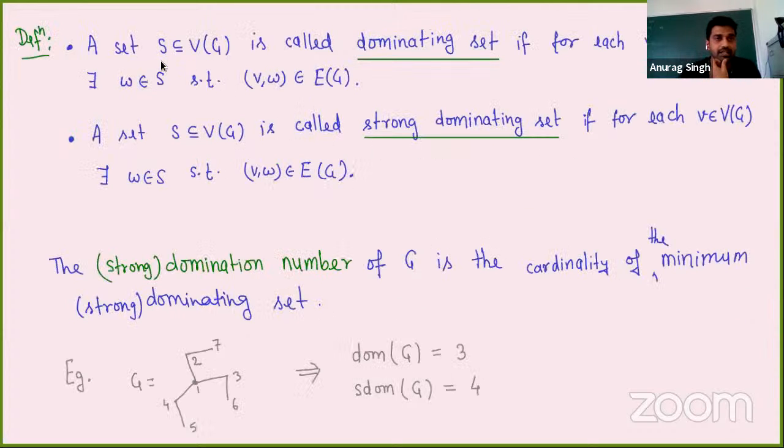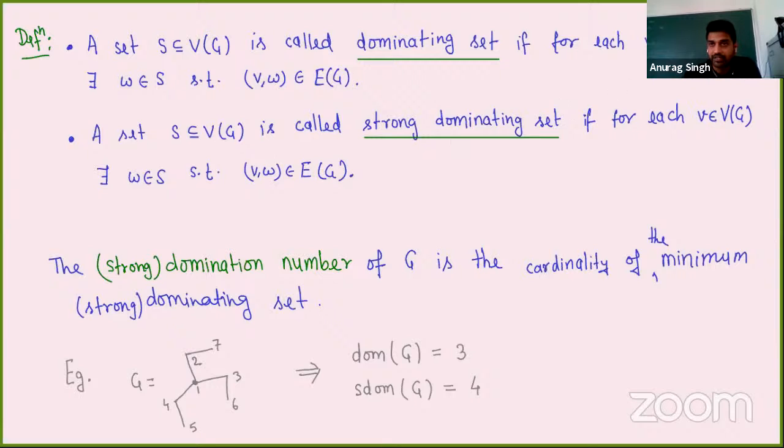A set S of the vertex set is called a dominating set if for each vertex in V(G) minus S there exists a vertex in S such that the pair is an edge in G. So a set completely dominates the vertex set of G minus S. On the other hand, the strong